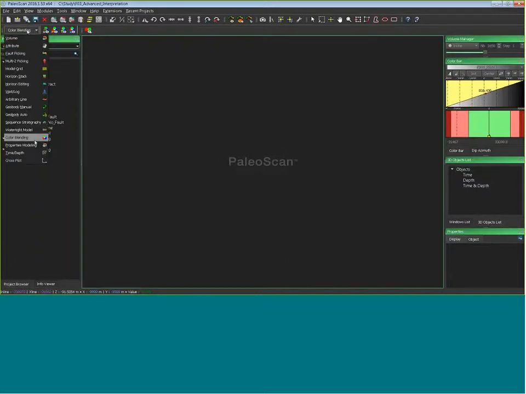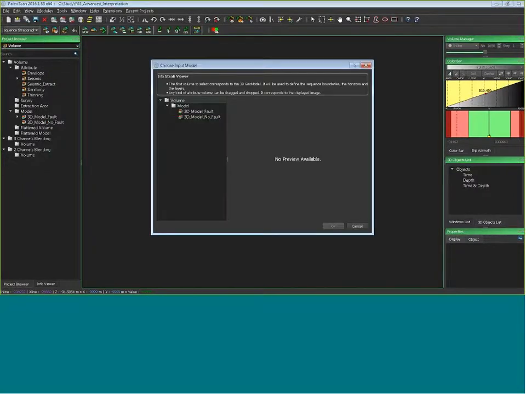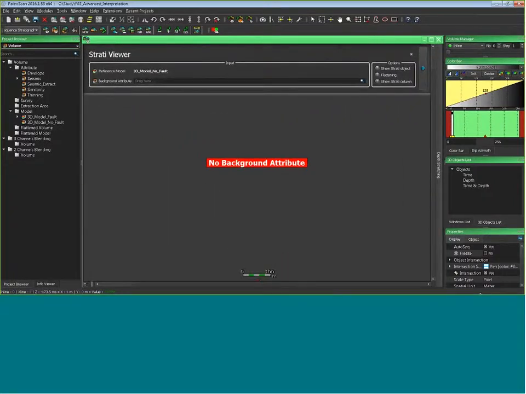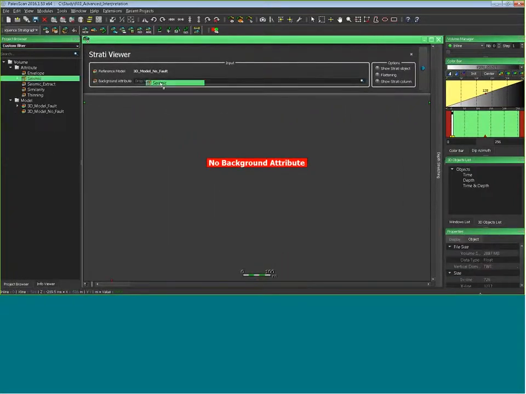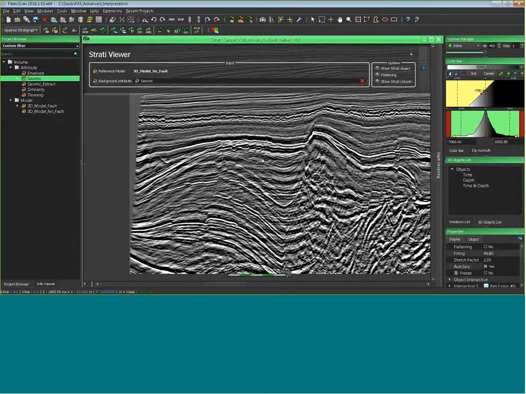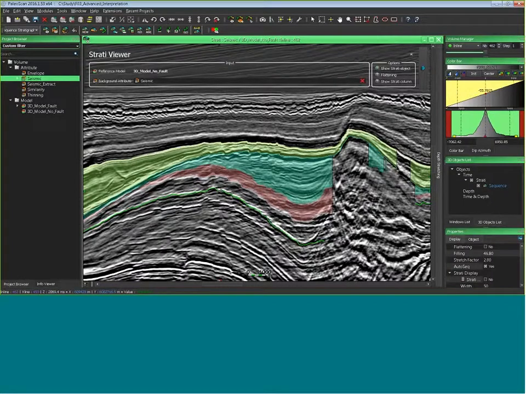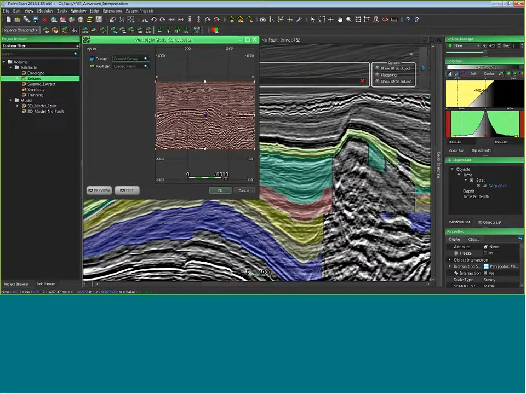I will just create a new sequence this time. I just have to choose my model like this. Of course we play with seismic. I will drag and drop the seismic, and then I will create a new sequence, just very quickly with few horizons. Now on the sequence stratigraphy toolbar, you have this new button, and you can click to create your watertight model.